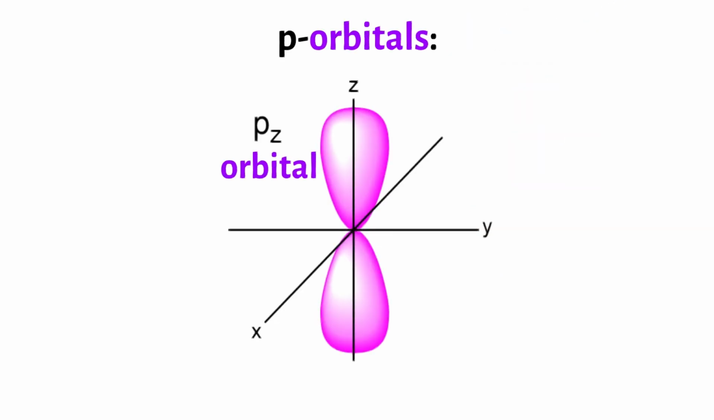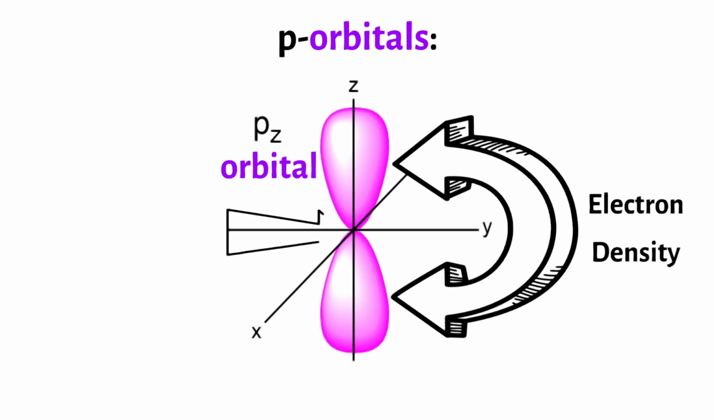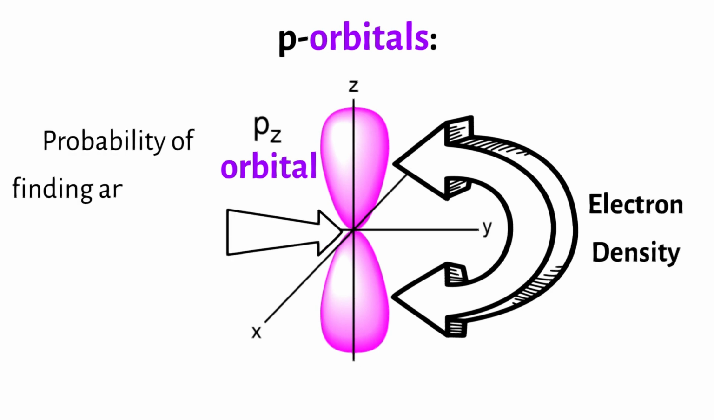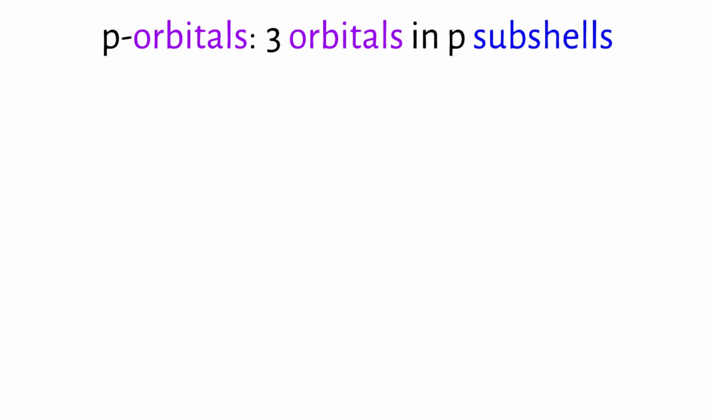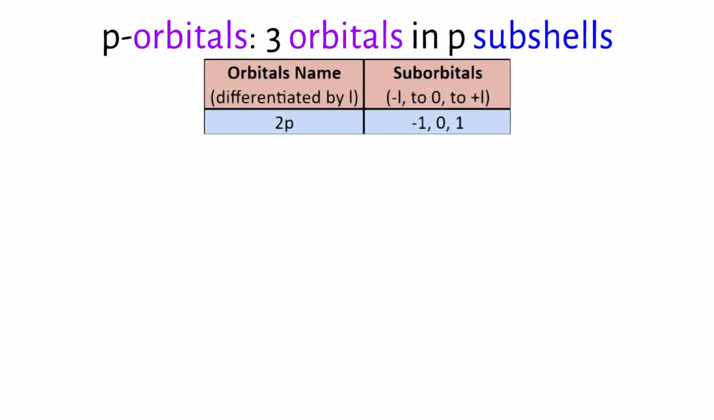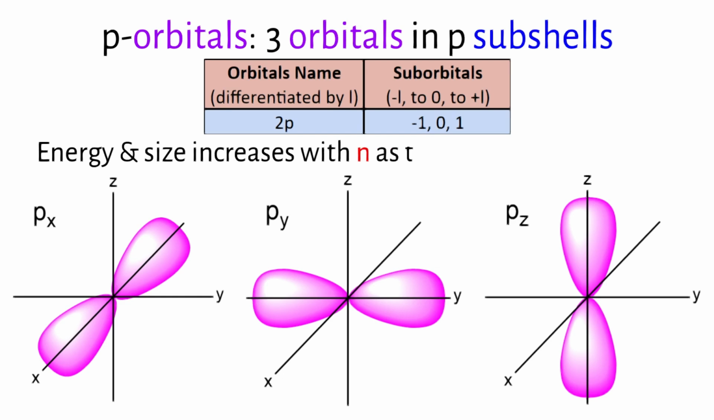The density is concentrated in two lobes on either side of the atomic nucleus, which resembles a dumbbell shape. The space between the lobes around the nucleus is where the probability of finding an electron is virtually 0. We call this a node or a nodal plane. There are three orbitals in the p subshells corresponding to the -1, 0, and +1 potential values of m sub L. They are labeled as p sub x, p sub y, and p sub z, indicating their orientation along the x, y, and z axes respectively. Similar to s orbitals, the energy and size of them increase with n as they go from 2p to 3p